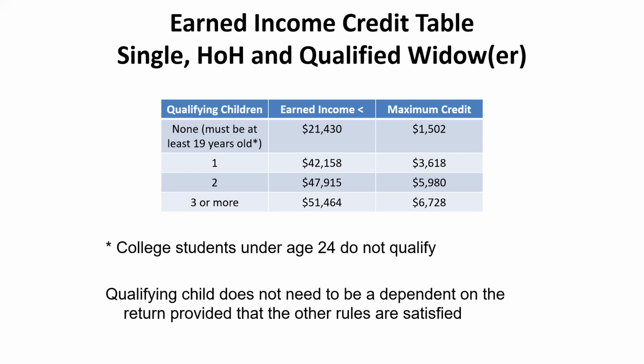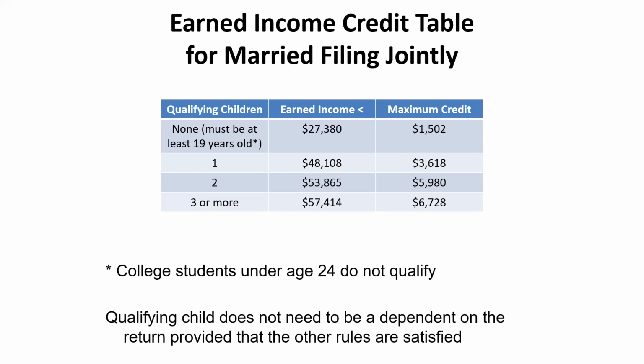The same type of credits are going to apply for married filing jointly. What you're going to see as a change is the earned income in the middle here. So that bumps up, but not twice the amount. So we're seeing a little bit of a discrepancy there. It's not twice the amount as a single individual or head of household, but it is a little bit higher. So if you're married filing jointly, you don't have any children, you can get up to